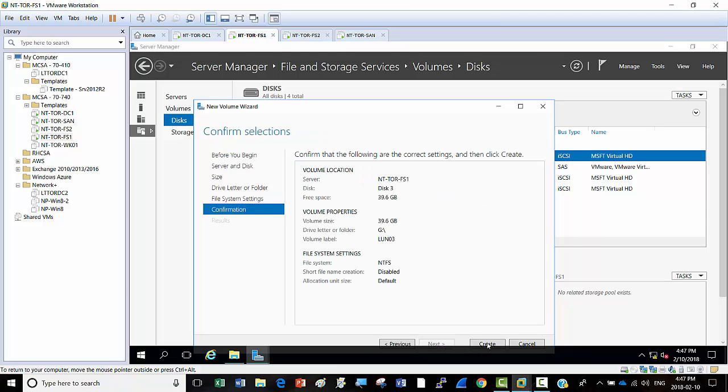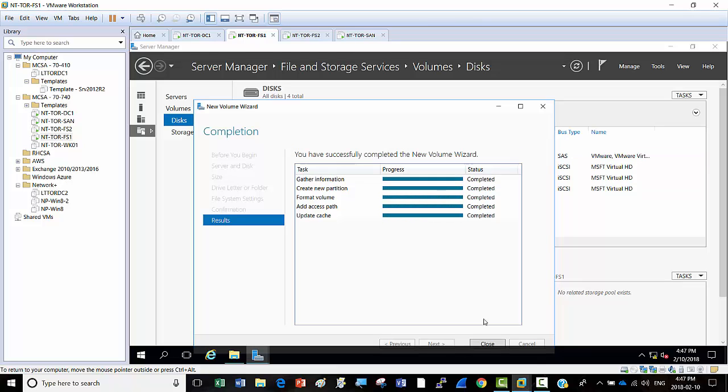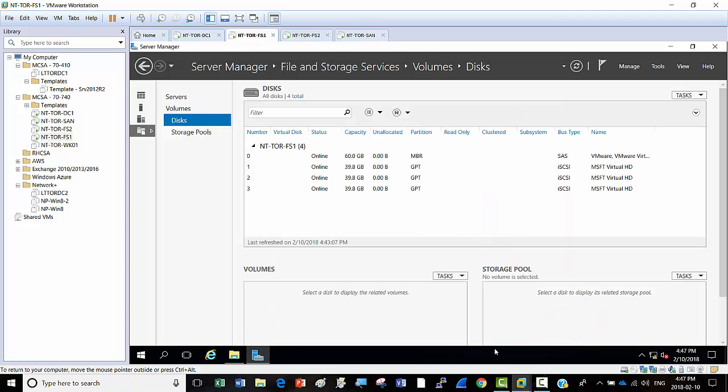So next and then create. So click close,